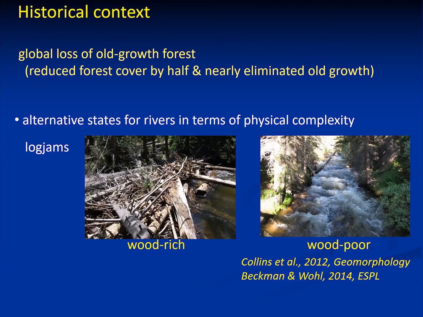The wood-rich example on the left, of course, you have natural fluctuations through time and space in the amount of wood that's introduced to river corridors. But if there's some wood in the channel, it's very effective at trapping other wood that's in transport, smaller pieces. And you can create these very large log jams as you see in this photo. So as long as some wood is present, you're always going to have wood, even with those fluctuations in wood